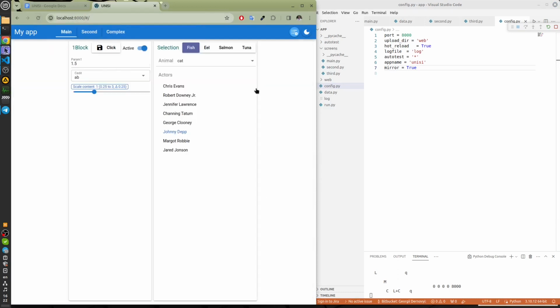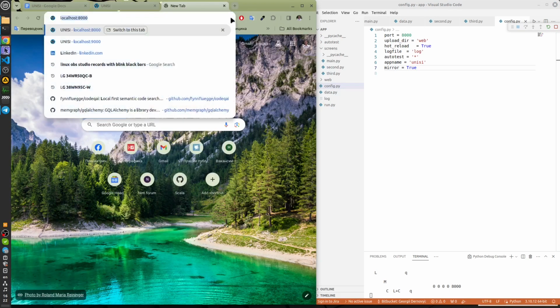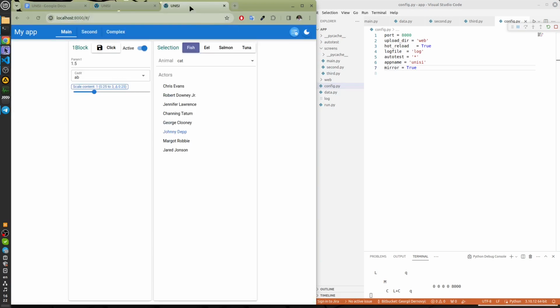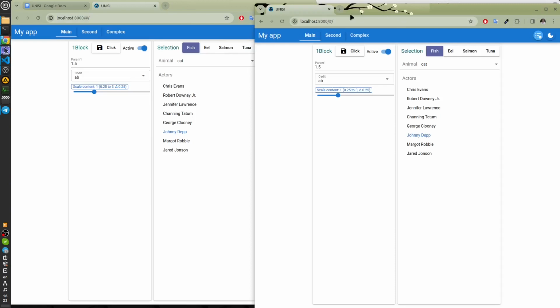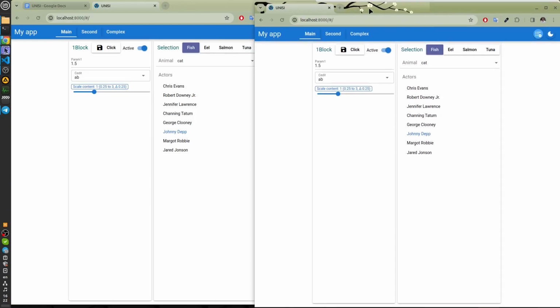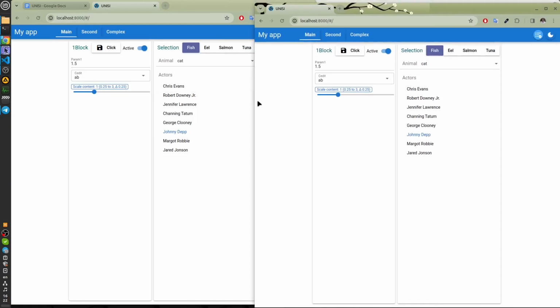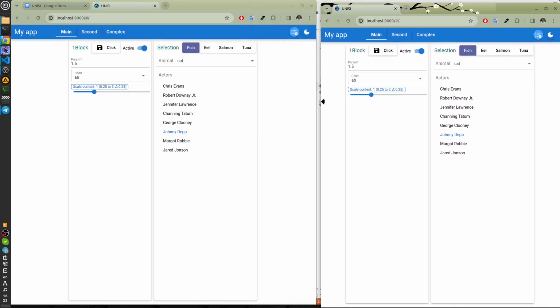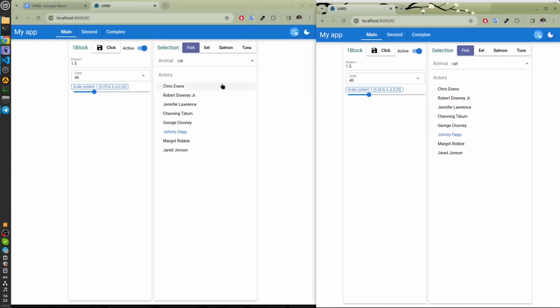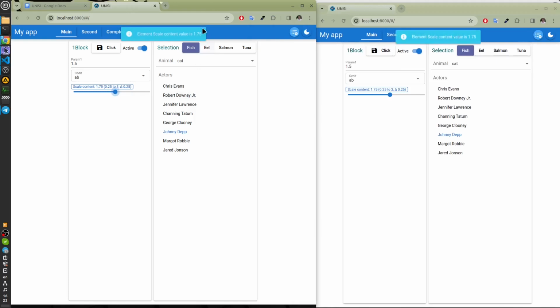So we started a shared session. Let's enter as a second user and see what will happen. What will we have? We can see that the user interactions cause the same changes for another user.